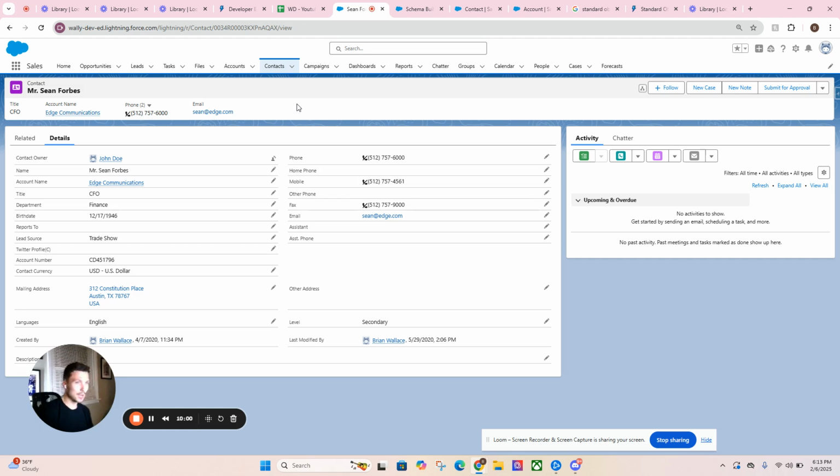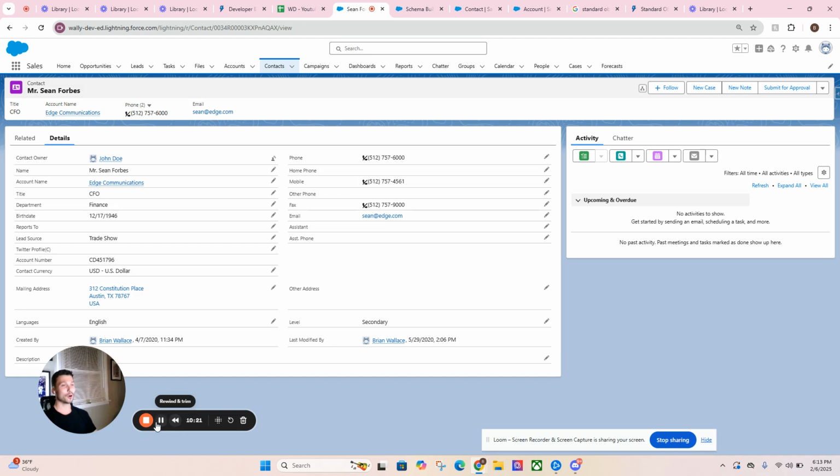So super simple concept: standard objects, out-of-the-box data sets available to you. We'll get into custom objects for future projects you're working on. I've built out a tremendous amount of custom objects for clients or employers. We'll get into some of the more complicated stuff later. We're going to go over a lot of the standard features in Salesforce, and then go as far as how to build apps with the UI, using the flow builder, and then even get into some Apex code, so you can really become a